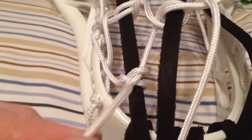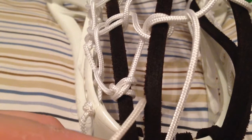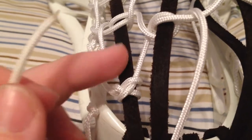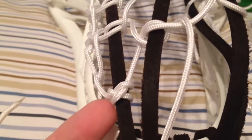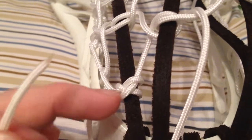Okay, and then you're going to go down, but over top of the back of the leathers again, without letting this part right here, the top part here, shift over. You're going to hold it down, and you're going to come around back behind the front of the leathers, over top